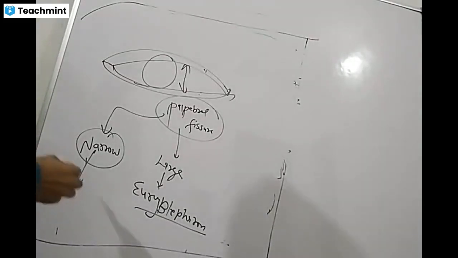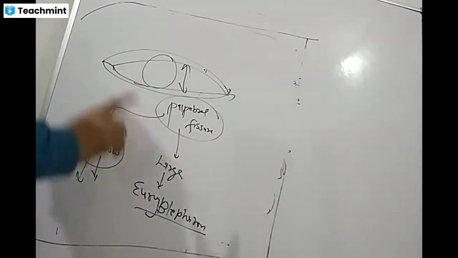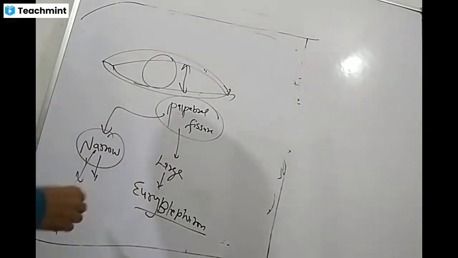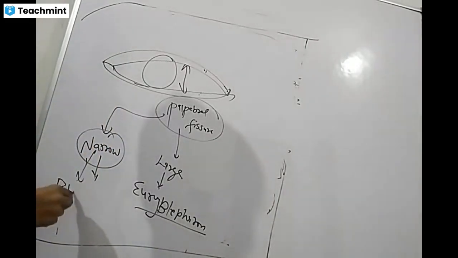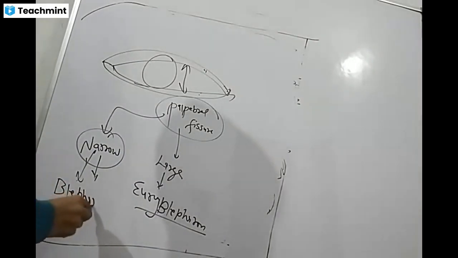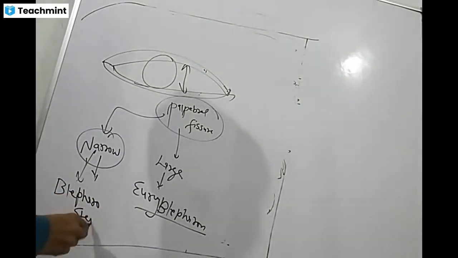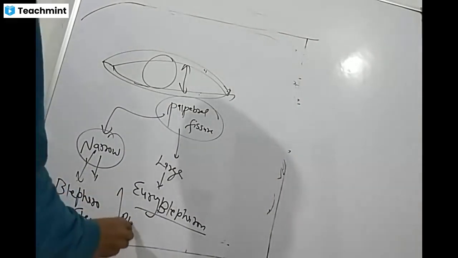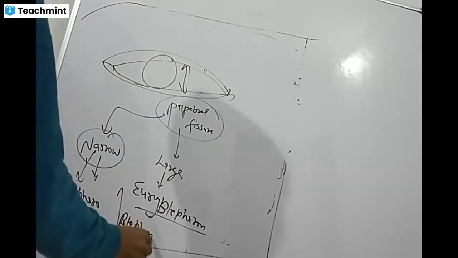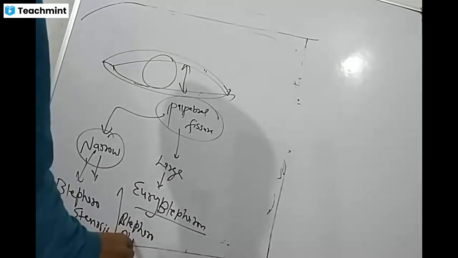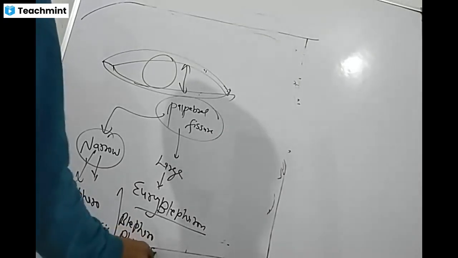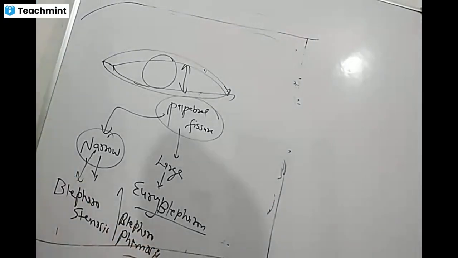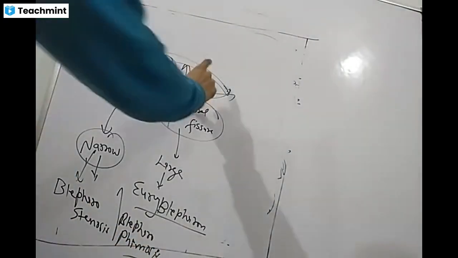When it is narrow, then the terminology used is blepharostenosis or blepharophimosis. Blepharophimosis. So this palpebral fissure is the opening between